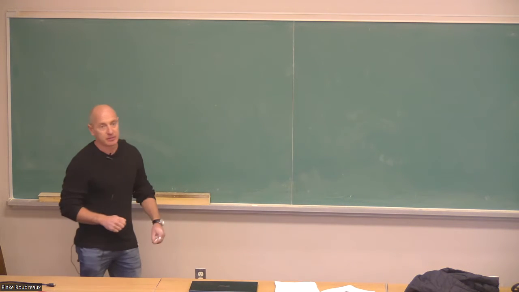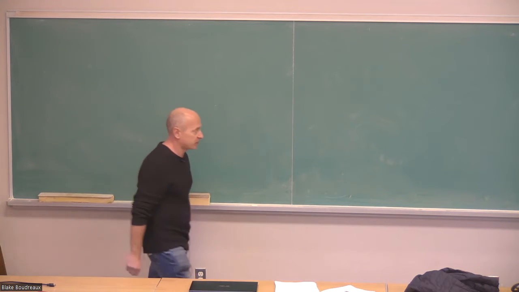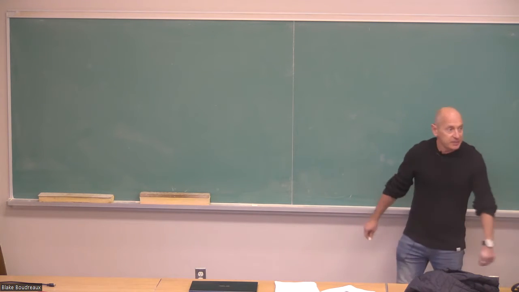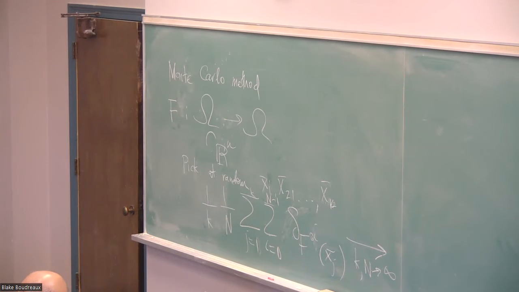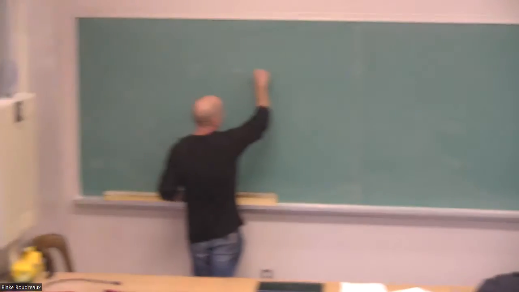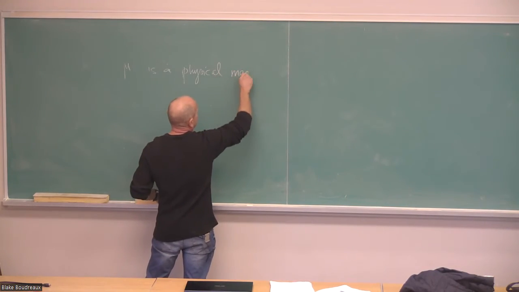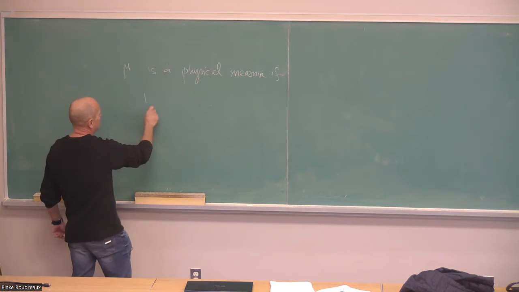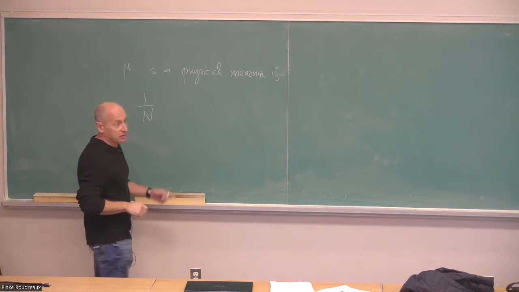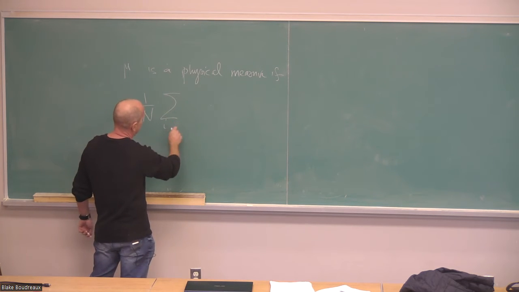Okay, let me make some basic definitions, which will help us. So I'm still in that setup, right? I'm still looking at a discrete dynamical system defined on some domain in R^n, for instance, right? And I'm interested in the limit and statistical behavior. So let me say that mu is a physical measure if the limits of Birkhoff sums